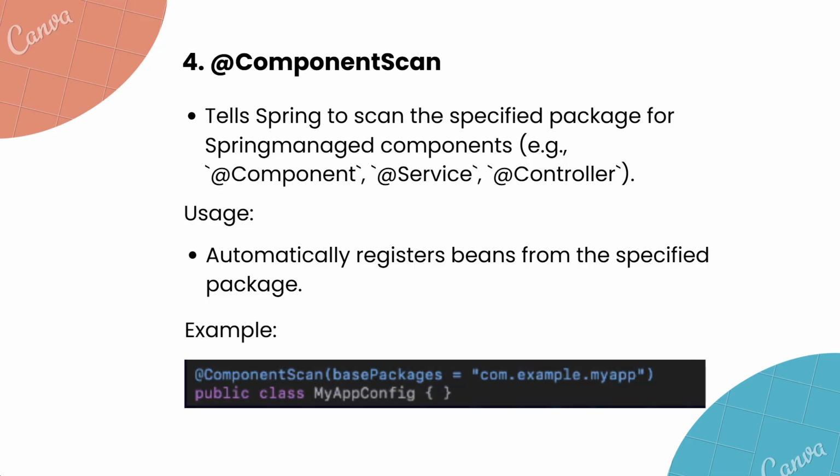Following is the code. The code provided demonstrates the use of component scan in Spring. This annotation is used to automatically detect and register Spring components from specified packages. Here's a real-time example to help understand this concept. So the real-time example is online shopping platform. Imagine you are building an online shopping platform where packages for different functionalities are